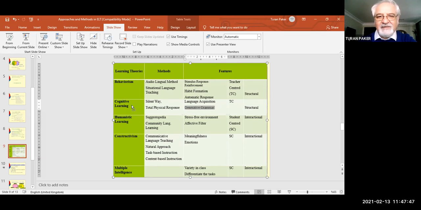So that's why we have two new methods based on this, like the silent way, which means the teacher usually introduces the language and then keeps silent so that students will deal with the material. They try to communicate with each other, especially in the production stages, which is very important. Still today, the teacher is silent in the production, like pair work, group work activities, while the teacher introduces the task and students try to come up with the answer or try to complete the task. And we have one more, total physical response by Asher.